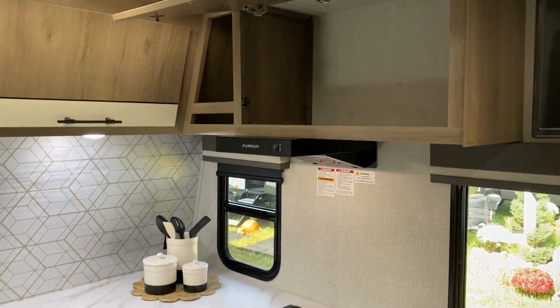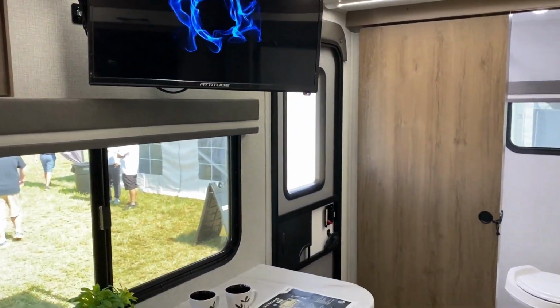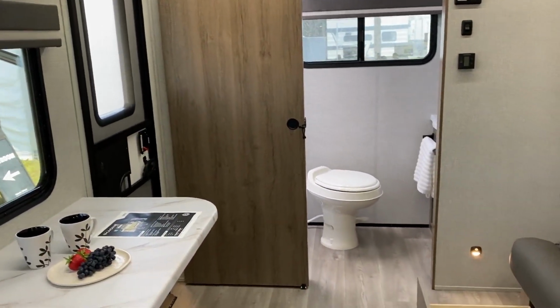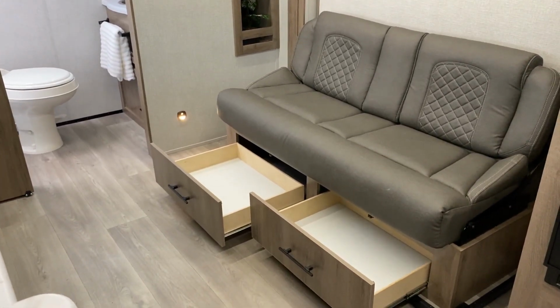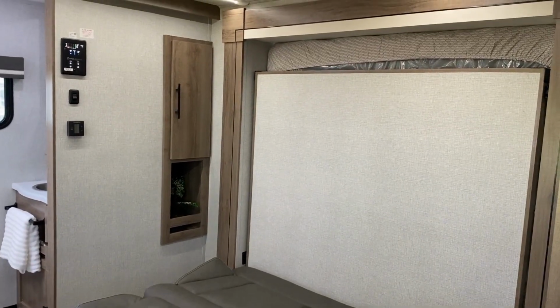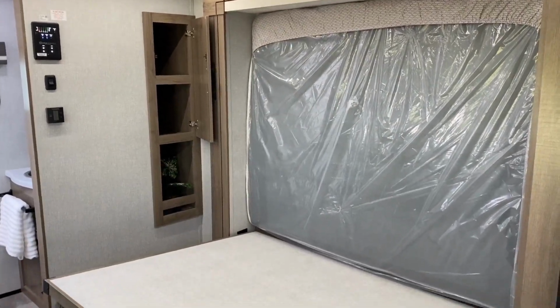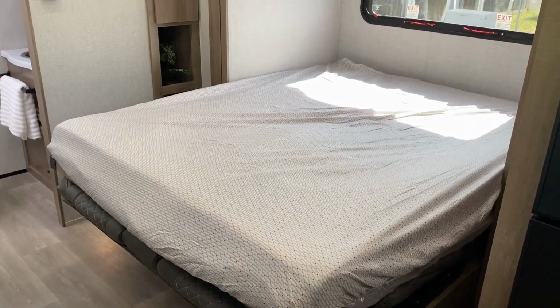And straight across from the entertainment center, obviously you have your sofa. Now it does have a fold-down, what I call cinema seat. There's some easy-reach storage below it because they built drawers right into it. But it is, I think, the best execution of a Murphy bed in a slide I've ever seen in my career. Now, to be fair, I've only seen it literally a handful of times,